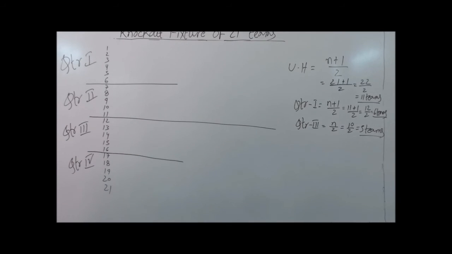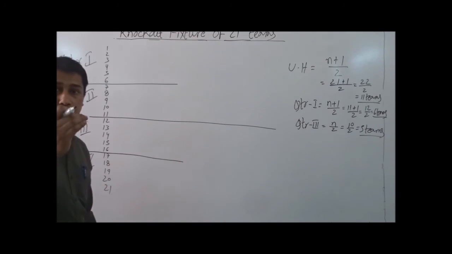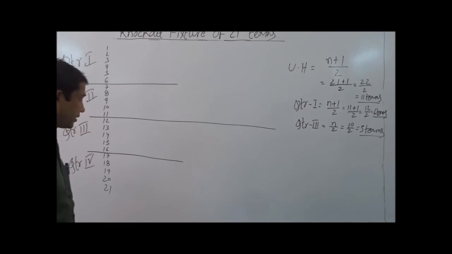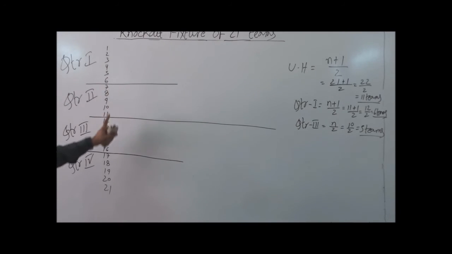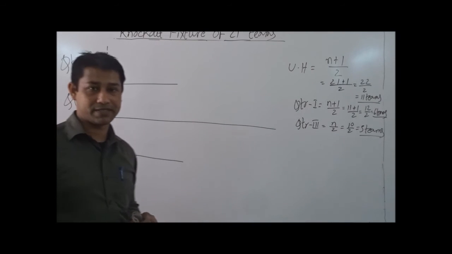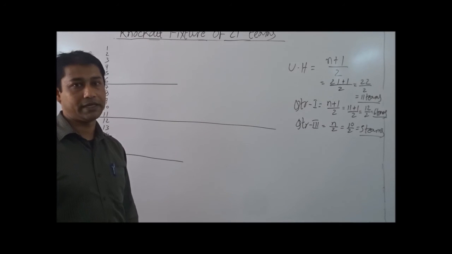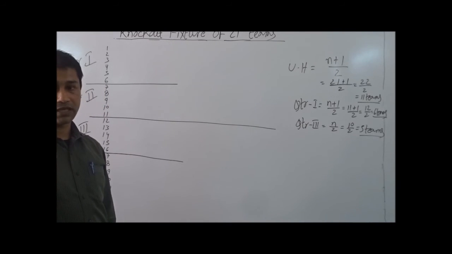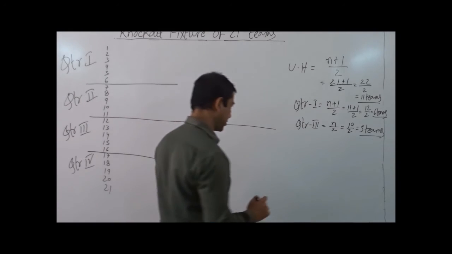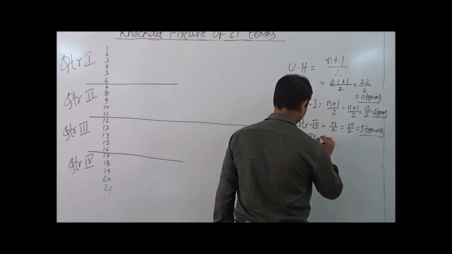As you can see, I have designated 4 quarters. Now we need to see whether the teams are paired or not. We will find in quarter 2 there are 5 teams. Teams will not be paired. Whenever teams will not be paired, we need to use byes. Next, find out byes.